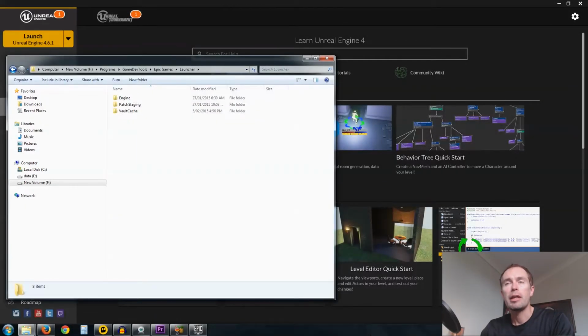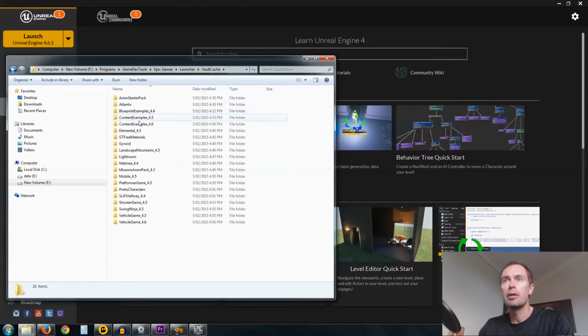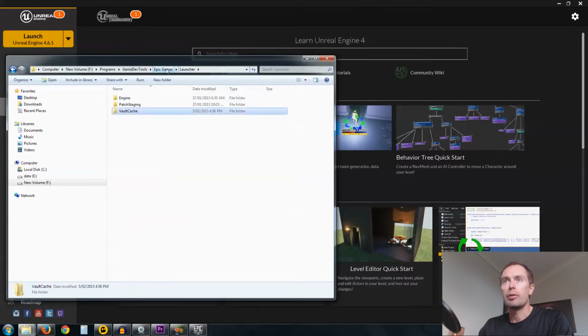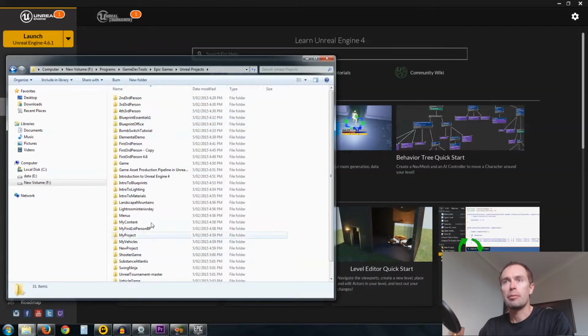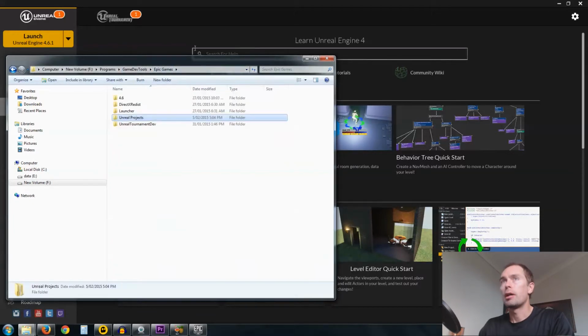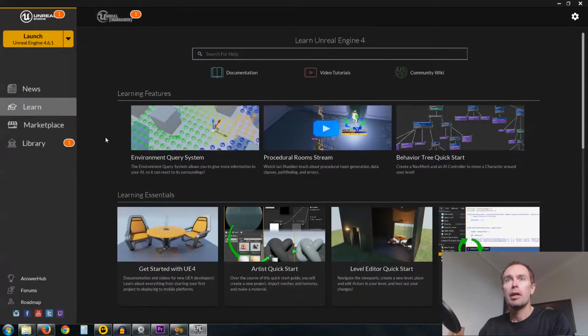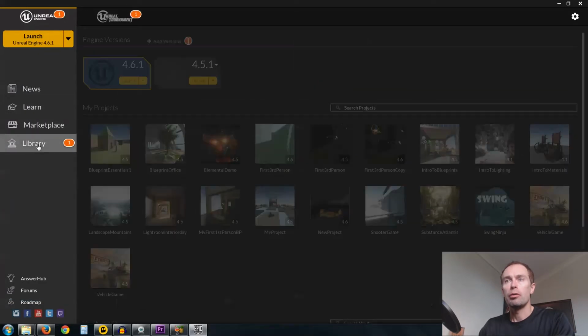Okay, now that that's finished copying over, if we go into our vault cache, we'll see that we have everything in our vault there. And if we go over to our Unreal Projects folder, all of our projects appear. What you'll need to do is close your launcher and open it up again. And when you go into your library, what you'll find is